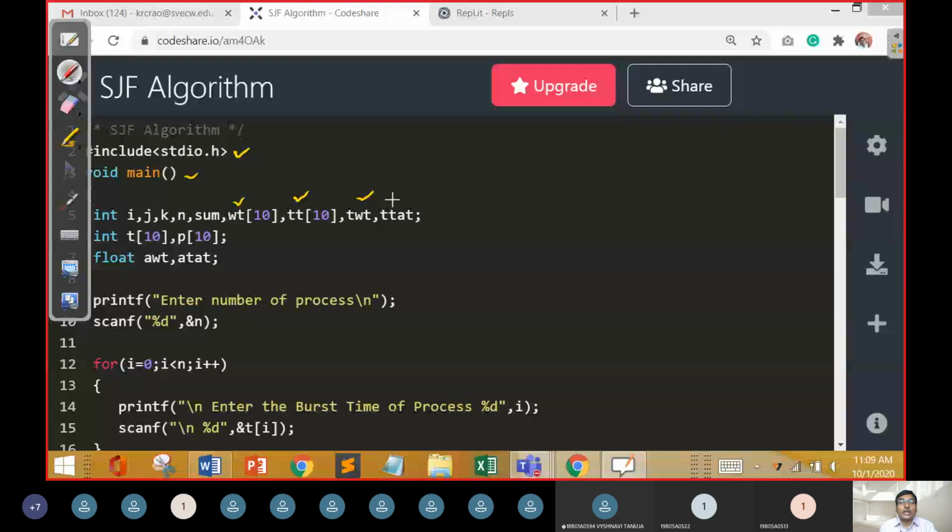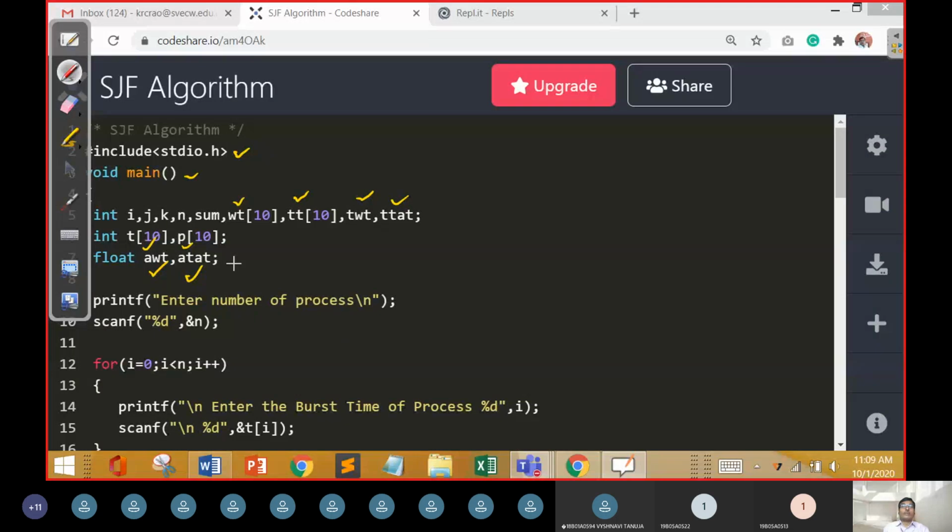We are going to have process, and another T for temporary process. For that we take two arrays, declared in integer type. Then we have average waiting time represented with a variable called AWT, and average turnaround time called ATAT.